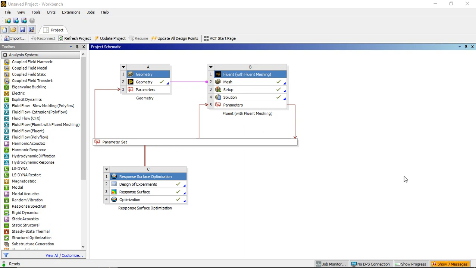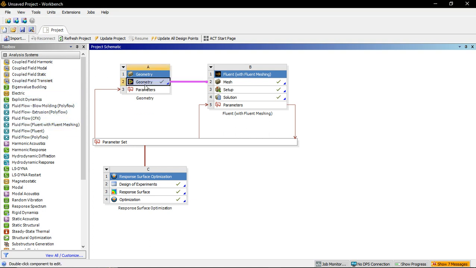I have used a single cell and confined. Okay, we'll talk about the geometry later. So this is our Workbench process, the Workbench schematic. I've used the analysis system, geometry, picked up the geometry from here to here, and I right click into the geometry and